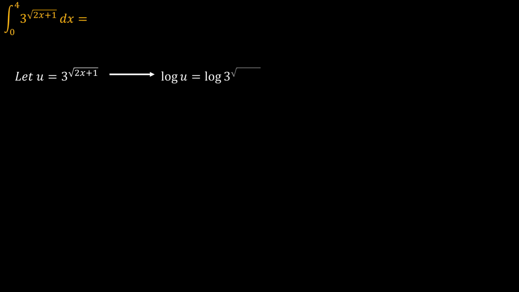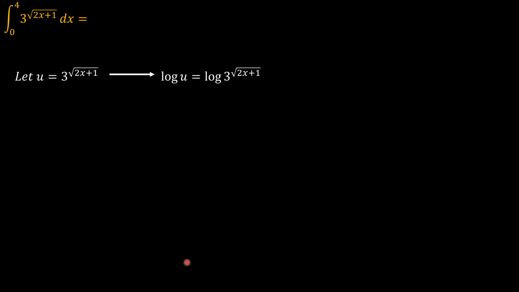My principle is we would want to substitute for the complicated part, and the complicated part here is 3 to the power square root of 2x plus 1, the entire integrand. So I would say let u be equal to 3 to the power square root of 2x plus 1. That means that if I use the natural logarithm of u on both left and right hand side, we have natural logarithm of u be equal to log 3 to the power